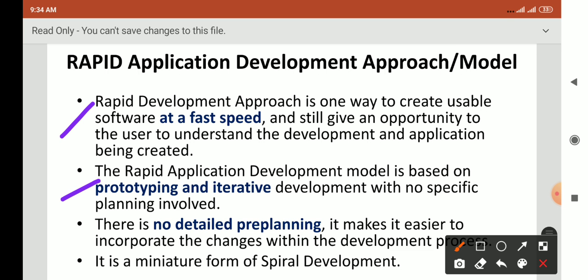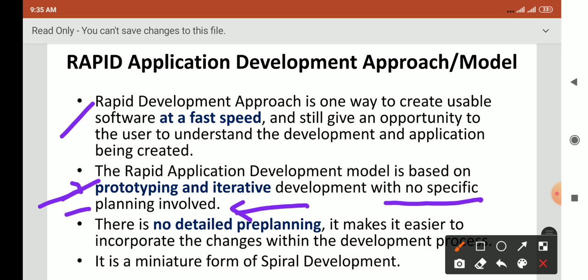It is based on prototyping and iterative development, but one thing is mentioned: there is no specific planning involved.